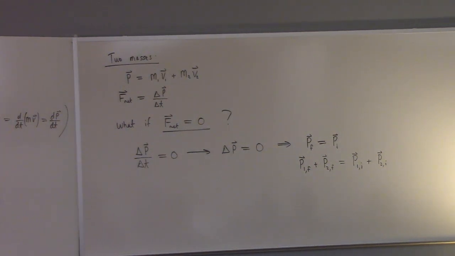When is this true? When is momentum conserved for a system? The answer is when the net force on the system is 0. Now, if the net force on the system is not 0, then momentum doesn't have to be conserved. Let's think about projectile motion. If you wanted to think about two masses, you could think about